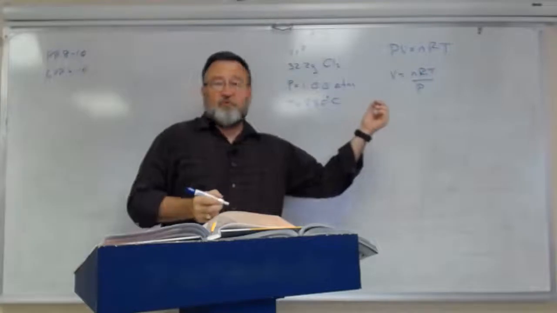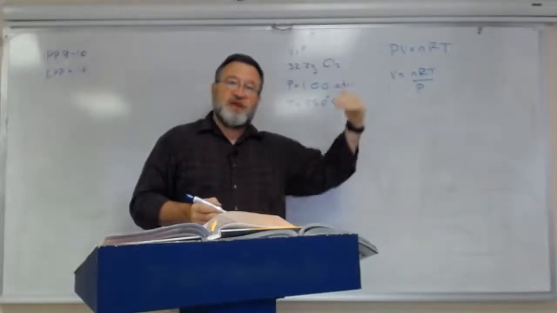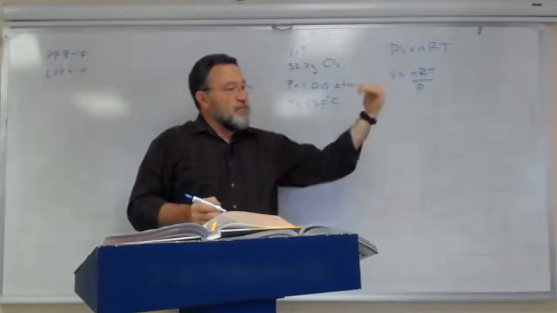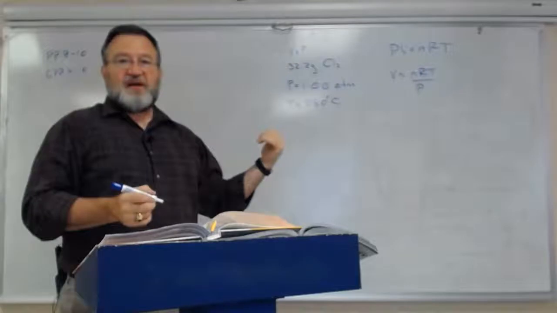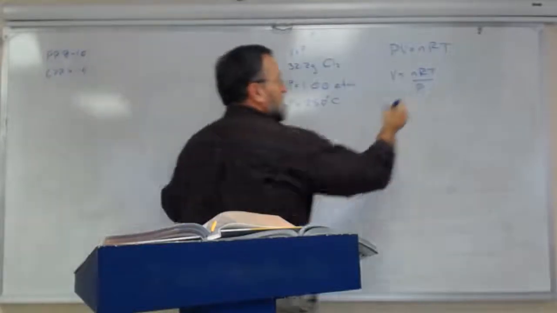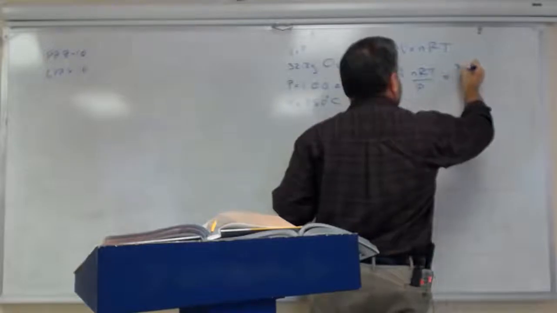So n is the number of moles, right? We have a mass. We remember from our solution diagram before, if we have a mass, we divide it by the molar mass. That'll give us the number of moles. Everybody tracking with that? Okay. So I'm not going to compute the number of moles. I'm going to write it in the form of mass,